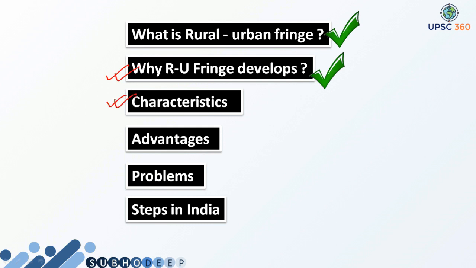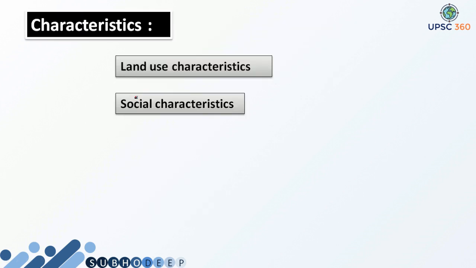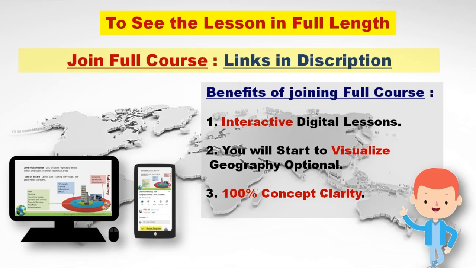Now let's jump on to what the characteristics of rural urban fringe are. We'll basically focus upon two characteristics, the first being land use characteristics and the second being social characteristics. So let's see them one by one. In land use characteristics, there is mixed land use that is observed. That is, the land use is from primary to secondary